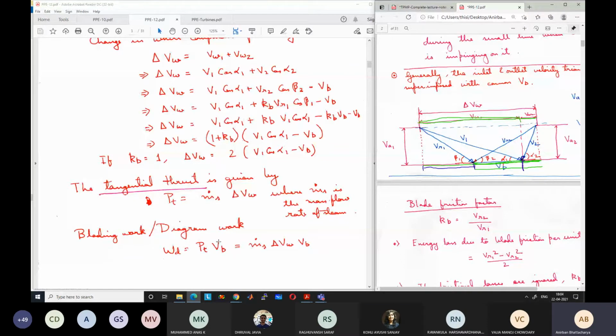Okay, imagine the sequence of energy conversion. You have high temperature, high pressure steam coming from the boiler to the turbine. The temperature and pressure of the steam is very high. It means that the steam has very high enthalpy. It has a very large amount of energy, but its kinetic energy is very small. Its velocity is very small, but it has a very large amount of energy in terms of temperature and pressure, in terms of enthalpy.